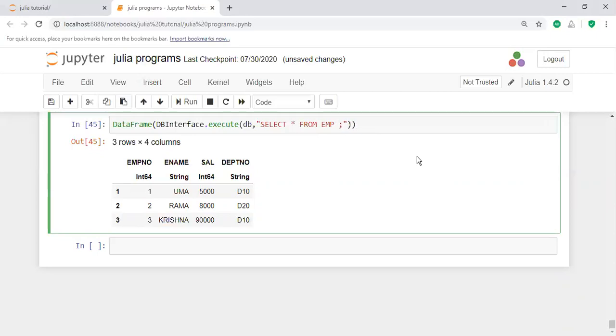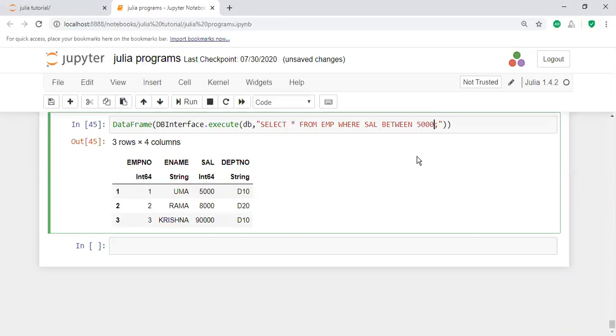SELECT * FROM EMP, that means it will display all rows, where I'm using the WHERE condition, for example salary BETWEEN 100 and 200, or 5000 and 6000 range.